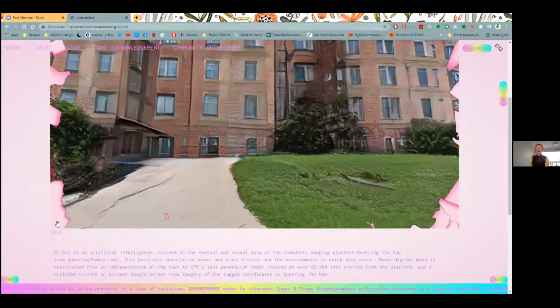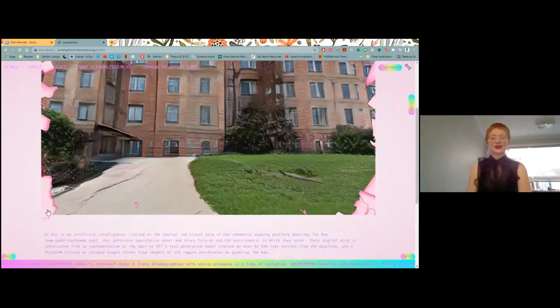So how this functions is that users submit a place, a data point, a coordinate on a map, and the experience of queerness or the queer story, or, you know, just a lovely little anecdote.